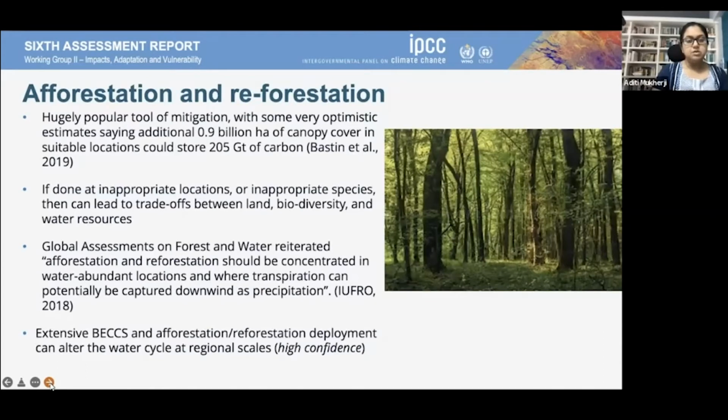What we said was, it is obviously a hugely popular tool for mitigation and CDR, with some very optimistic estimates saying additional 5 billion hectare of canopy cover in suitable locations could store 205 gigatons of carbon. Basically, this whole thing about afforestation and reforestation as the silver bullet. Obviously, this is hugely contested. What our chapter found and assessed from the existing literature was that if done at inappropriate locations or with inappropriate